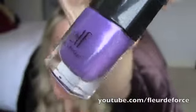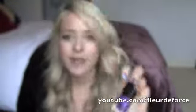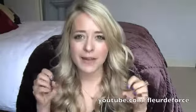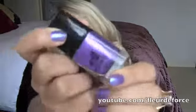It's kind of a deep, kind of violet-y, metallic colour. It's absolutely gorgeous. I think this will look so nice kind of in the summer. Something about it, I'm not sure whether it's going to transfer onto camera very well, but something about it looks kind of just magnetic, like it just draws your eye to it all the time. So absolutely love that, and I put this on as a base,